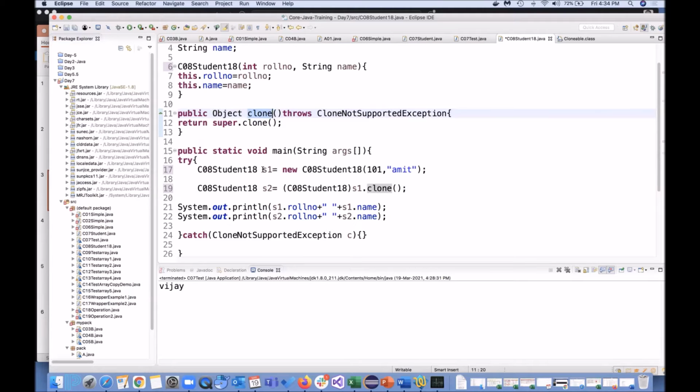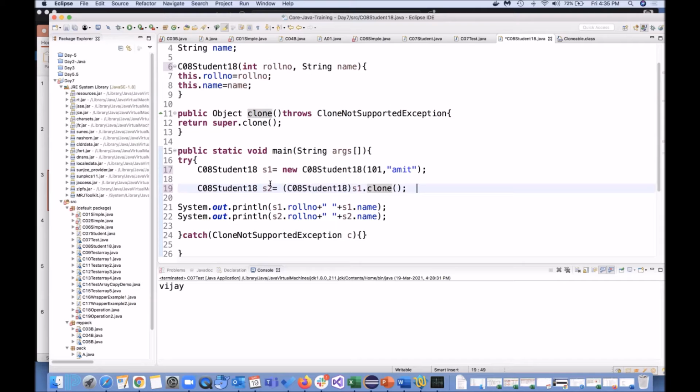Now, let's come here. I can simply do Student s1 equal to new Student(101, Amit). Again, if I want to create the same instance with the same data, I can say Student s2 equal to new Student(101, Amit). But when I am doing new two times for the same copying of the data, this is not an effective operation.